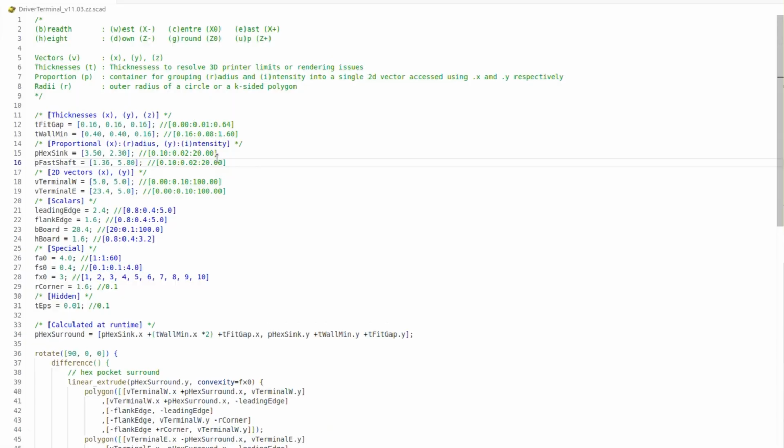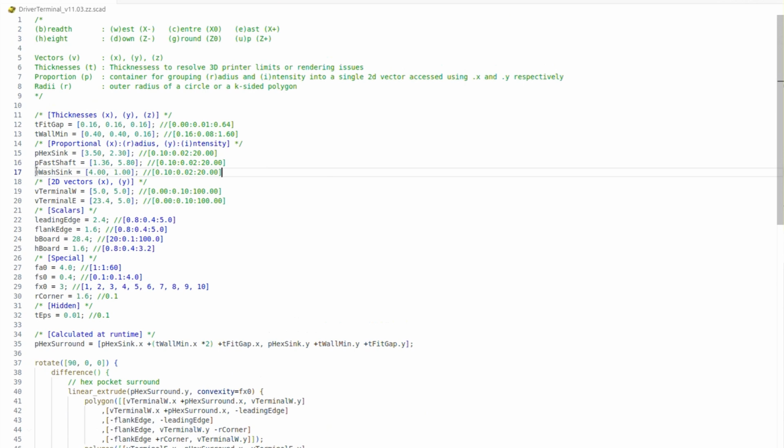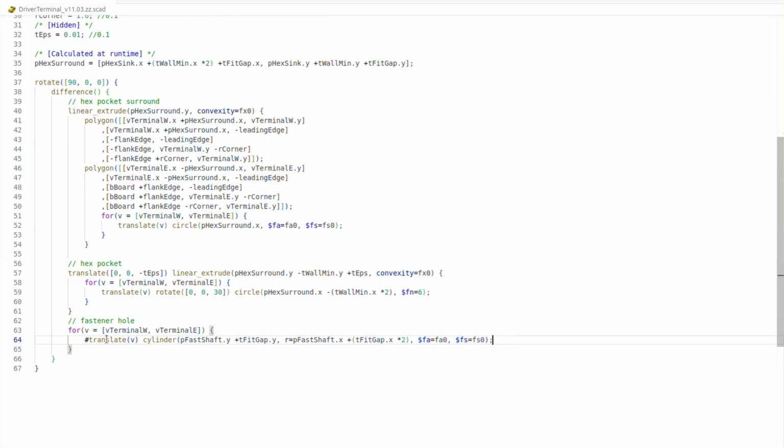So we're going to create yet another proportion to define the radius and intensity of the washers. I'm calling it P wash sink. Here is the actual washer. It has a 4 millimeter radius and a 1 millimeter thickness or intensity. Now we can include that value into the translate, but we're going to have to do something about this first,